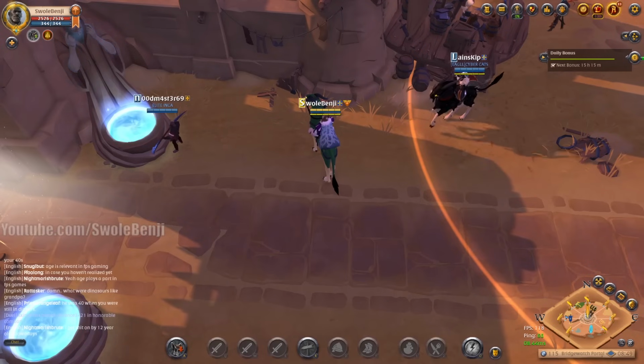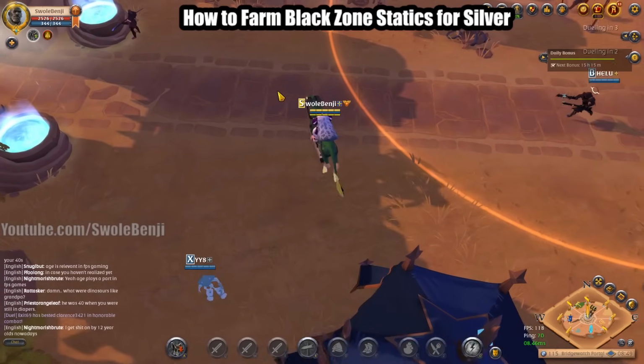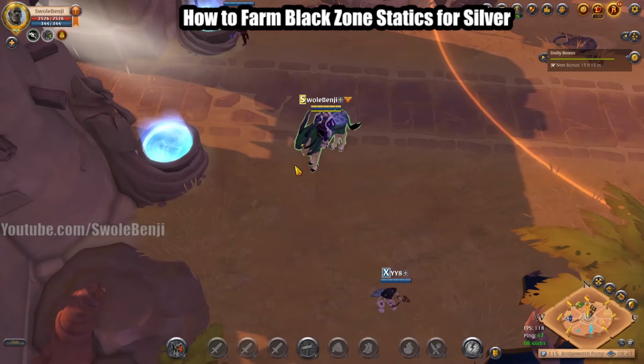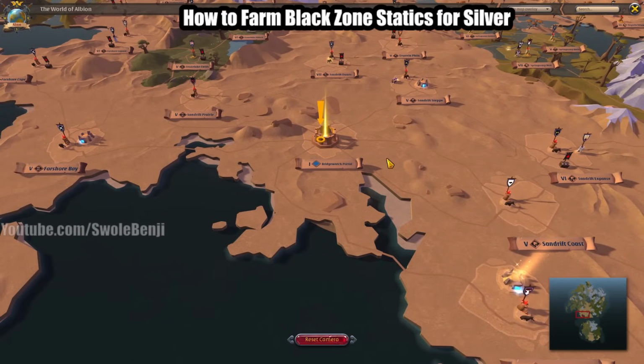Today's Albion Online video is how to farm black zone statics for silver. Now, this isn't really the best silver per hour, and there's a lot of people that do this. So you gotta do this very early in the morning where there's not too many people around. And what you're gonna do is from the portal zone, I'm doing this at Bridgewatch, but this works at all portal zones,